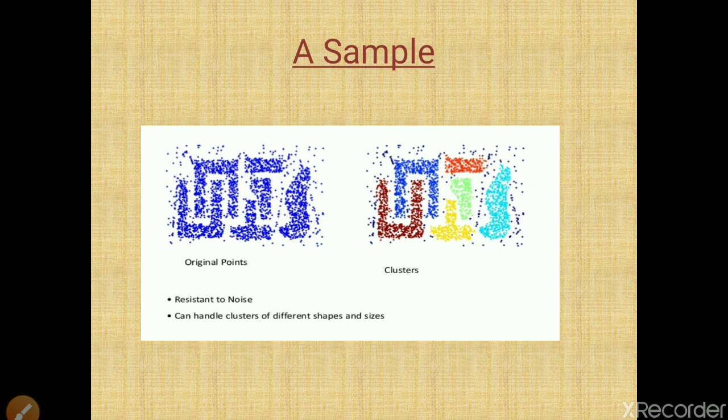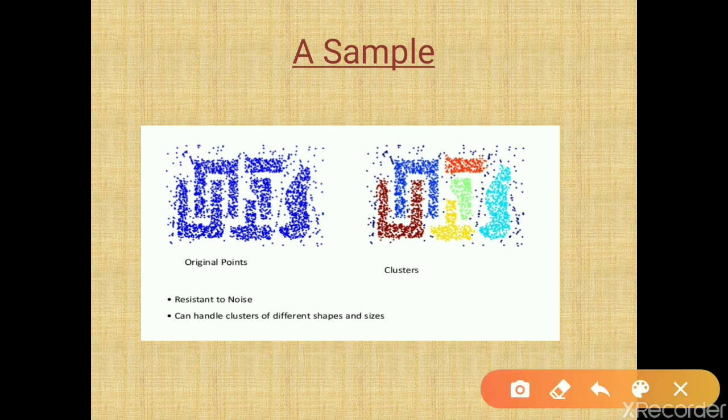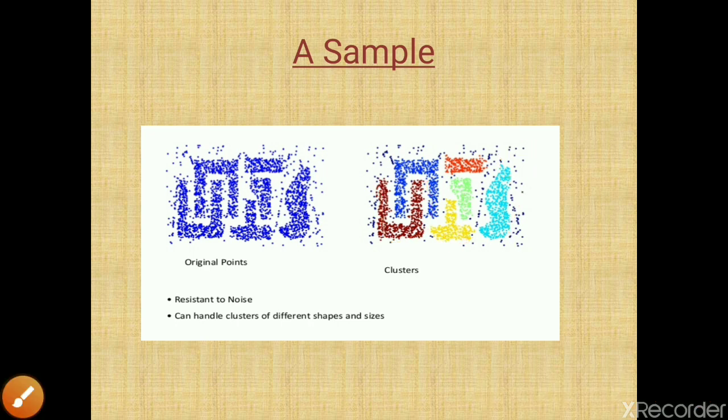So, the DB-scan algorithm is very much resistant to noise. You can see the noise or outliers are outside of the cluster. So, it is very much resistant to noise, and another is it can handle clusters of different shapes that we already discussed in our previous slide. So, this is another shape, this is another shape. All these shapes can be handled through the DB-scan algorithm only. All other clustering algorithms handle only spherical shaped clusters. So, for arbitrary shaped clustering we will prefer the DB-scan algorithm.